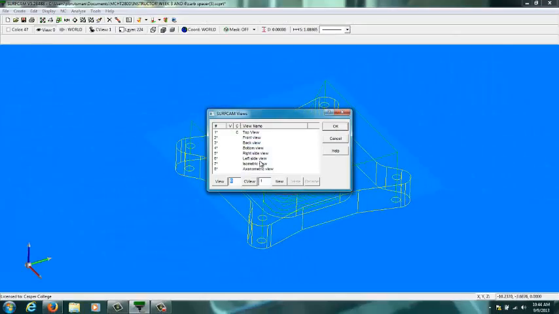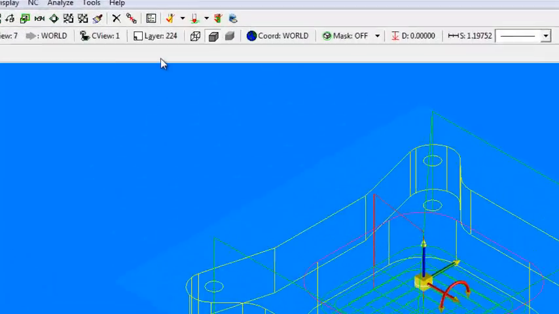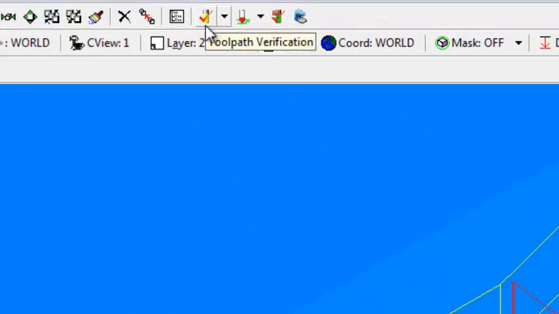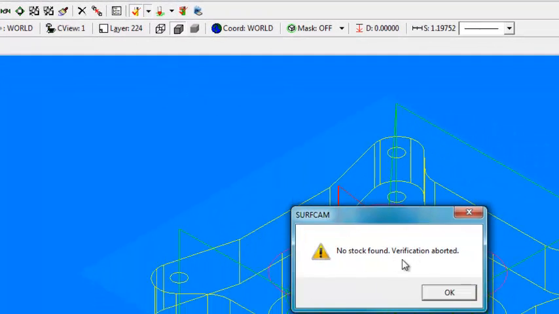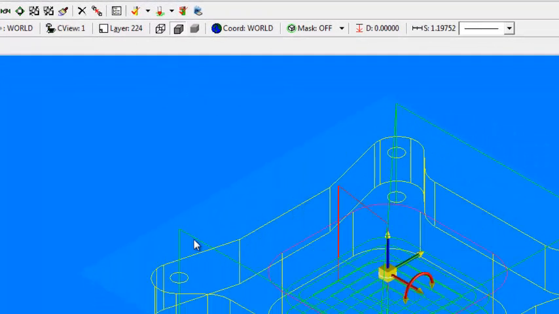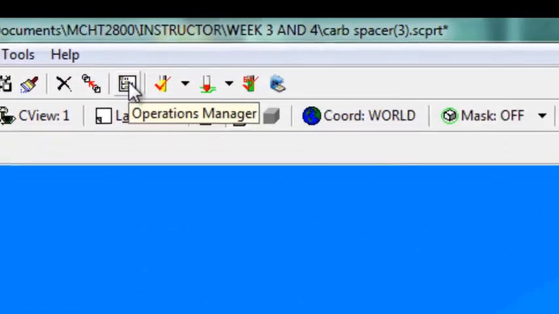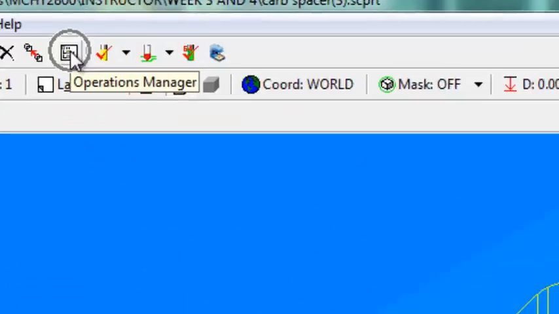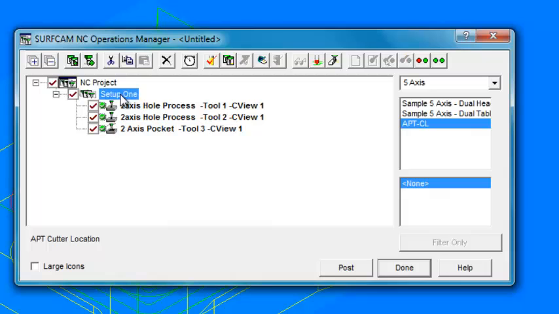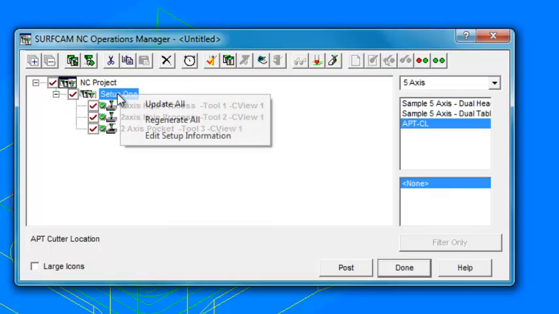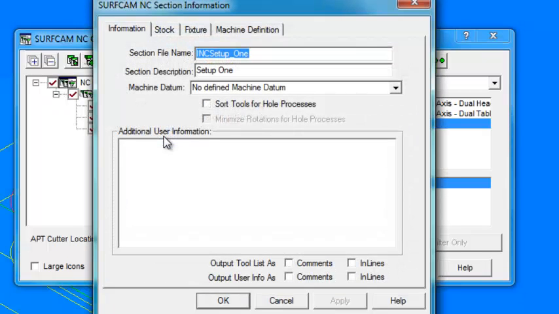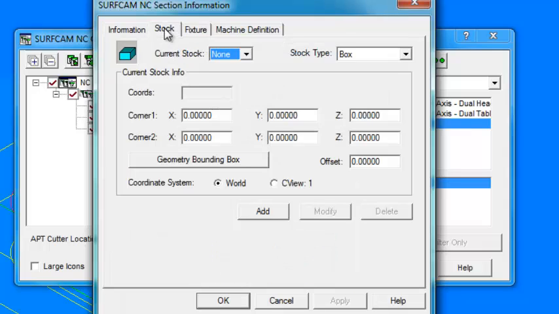I'm going to go to view isometric. I'd like to take a look at some of this. Problem is, if you jump right up here to toolpath verification, it says no stock found. In other words, it doesn't know the size of the piece of stock you're starting with. It has no idea. So we have to tell it that. It's really simple. You go up to your operations manager, highlight setup 1, right click, edit setup information,